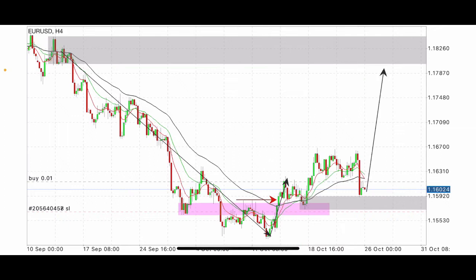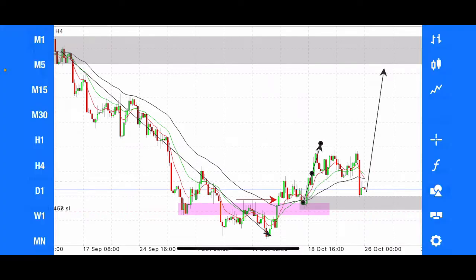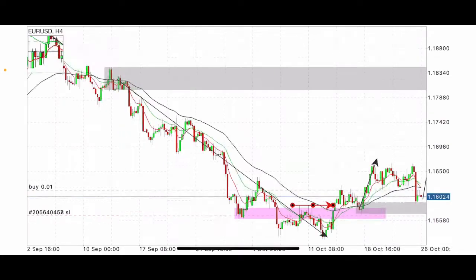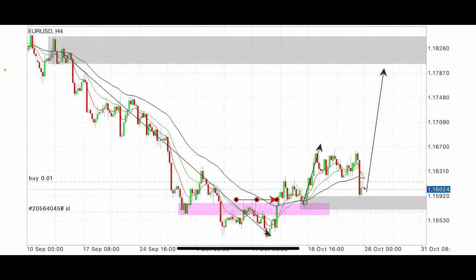So price then went up, and price gave us another impulse move right here, breaking this new structure that it formed, right? So clearly now we can see that price wants to go up. And as soon as price went up, it left us this gray zone at the bottom and then came to test this area, this demand zone